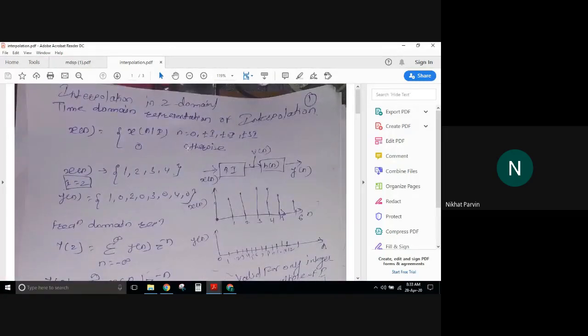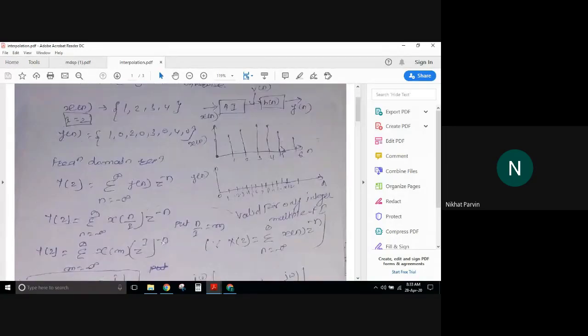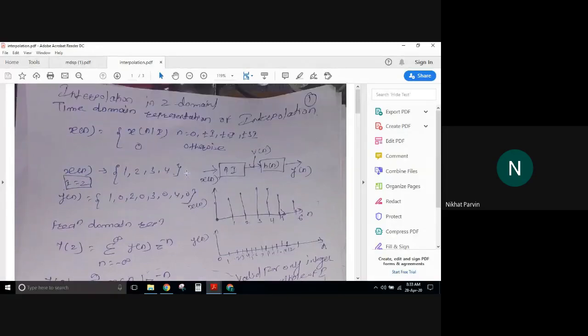In the exam, if they ask about interpolation and decimation, first you explain about upsampling. Then draw the figure for the interpolation. The third thing will be interpolation in Z domain. That is how one has to finish their write-up from the exam point of view. If the question comes from interpolation and decimation, first explain upsampling, then draw the interpolation figures, and the last one will be your derivation, the equation. This is how you finish one topic, interpolation.